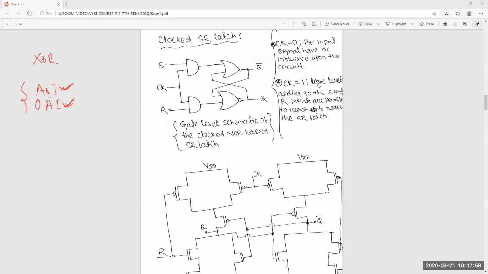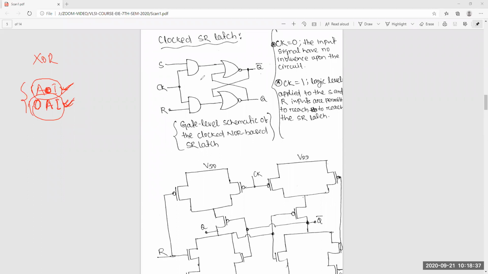I forgot everything. Yes, sir. Okay, we can revise that. So AND-OR-Invert, OR-AND-Invert. You have to practice, a lot of circuits are there, because this is the most important question anyone can ask in your interview: what is AOI? What is OAI? If they give a function, you are asked to draw the circuit using this AOI or OAI method. This is very, very important.